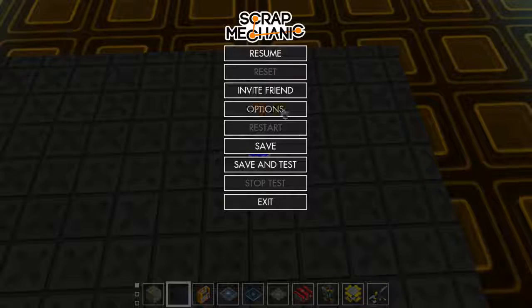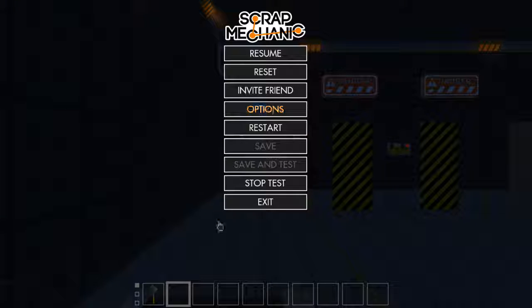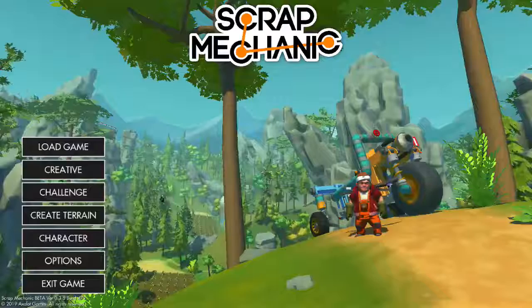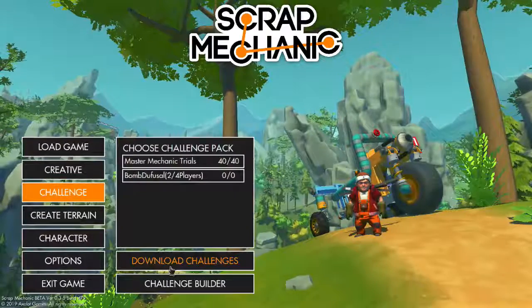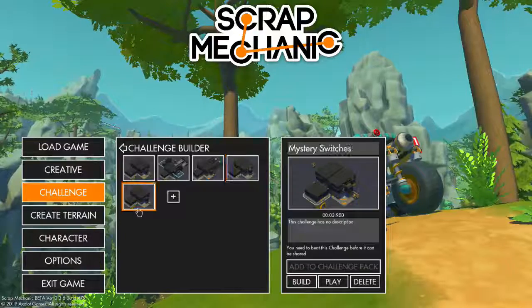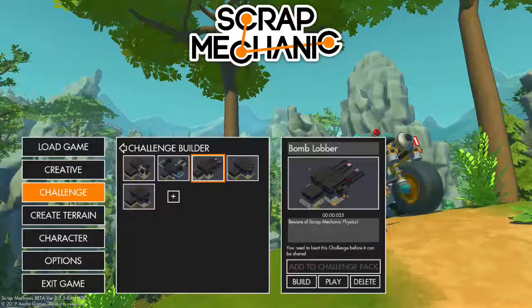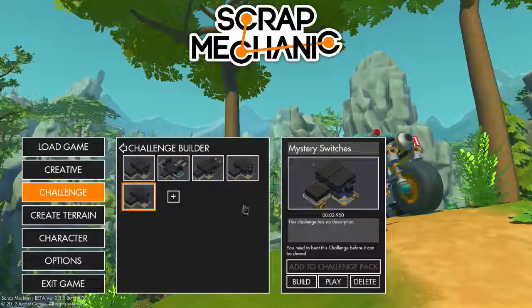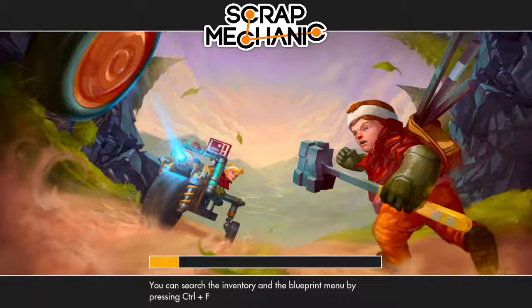Let me real quick check to see if, yep, all you have is a hammer. Want to make sure. So the next challenge after simple pattern is mystery switches. Now this one is pretty interesting here,